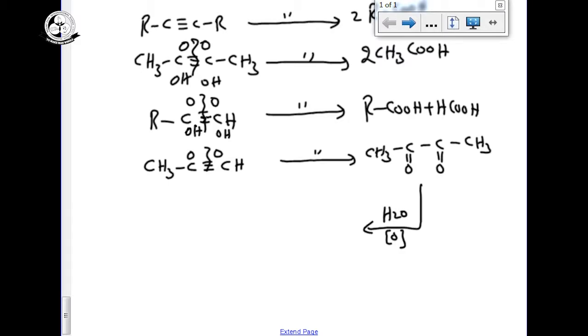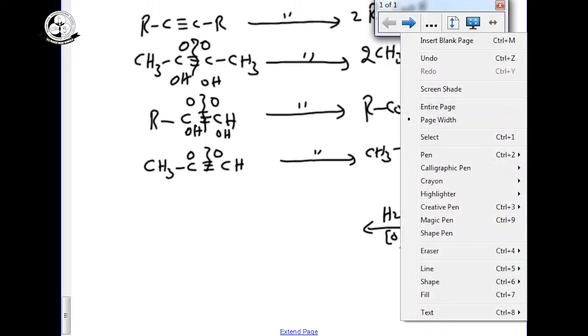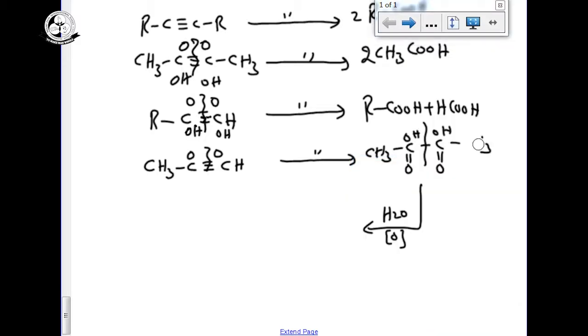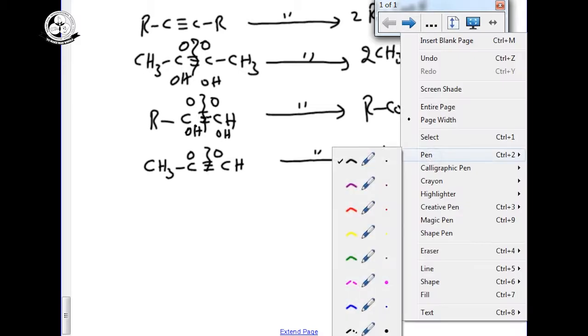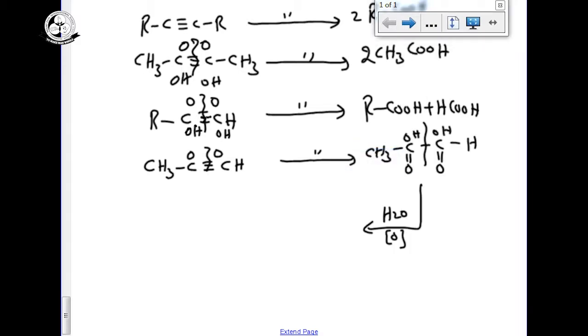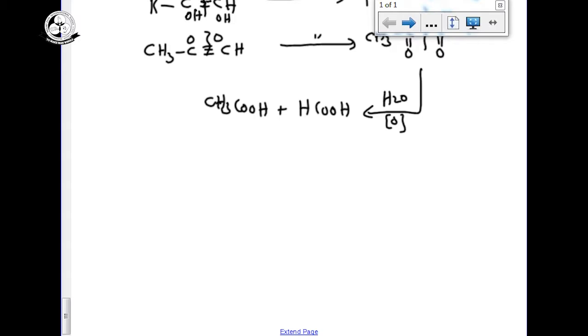And you are doing the ozonolysis also. So I am breaking here, add OH here and OH here. But this is not CH3, this is H only. Now see, we can get two different types of carboxylic acid. One is formic acid, another one is acetic acid. This is the ozonolysis reaction. And the last discussion for the alkynes is, alkynes can undergo polymerization reactions also.